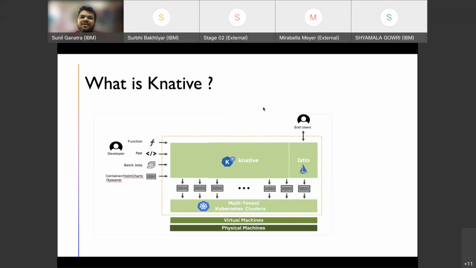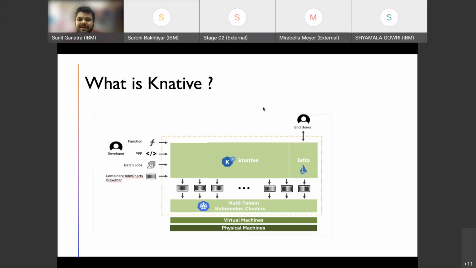It builds the bridge where you already have the Kubernetes clusters available. Basically, the infrastructure is already there. And Knative gives you the capability to run your applications, functions, or batch kind of workloads.